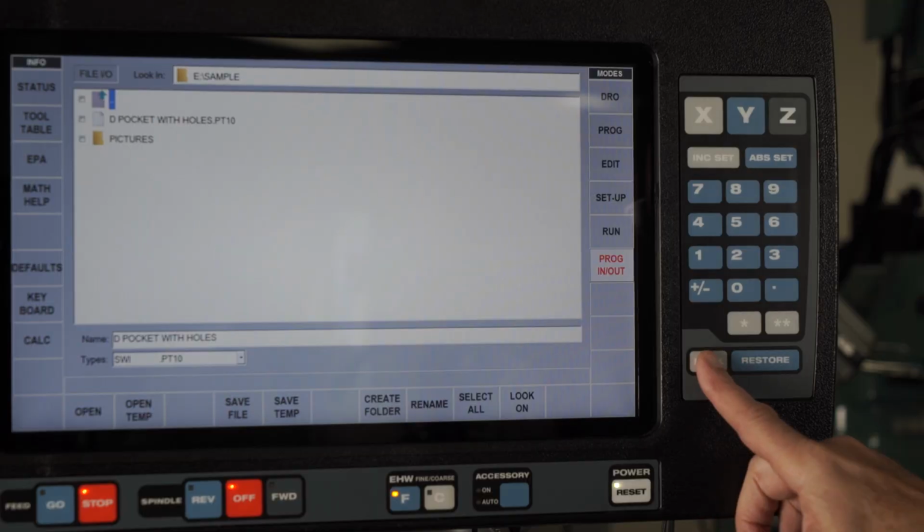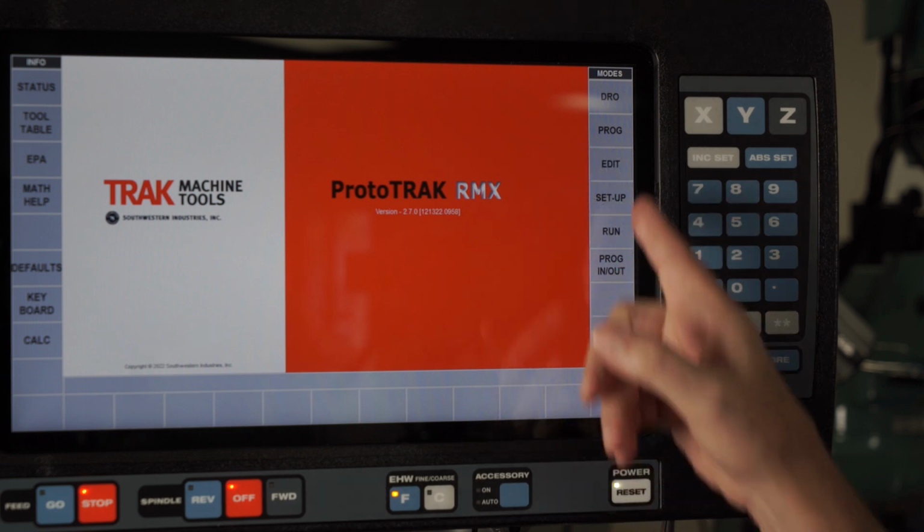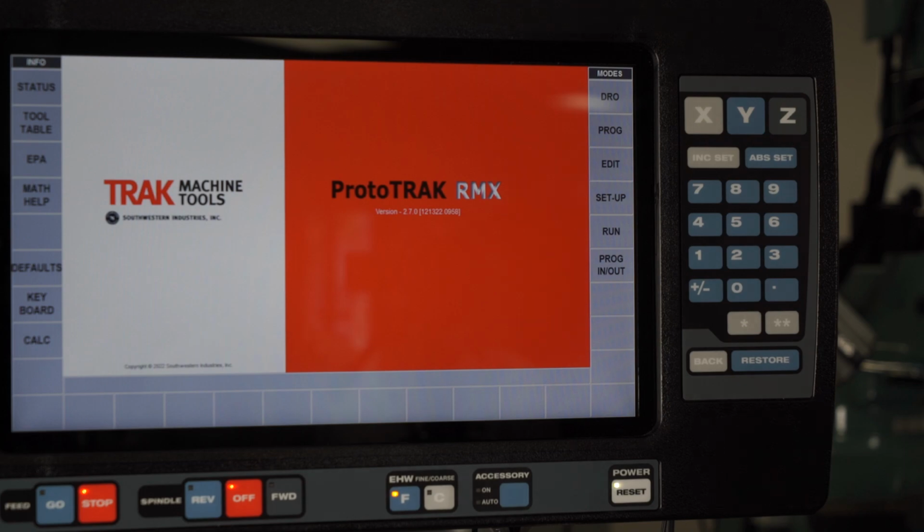Okay, so this should give you a much better understanding of Program In and Out. I really wish this said storage or memory or something like that because people tend to confuse that with the one that says program. But now you should be really clear on that, and it'll make it easier for you